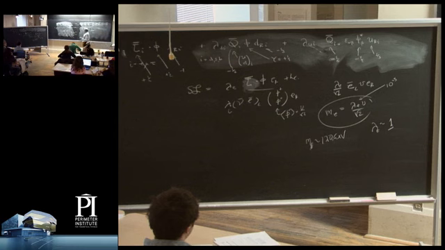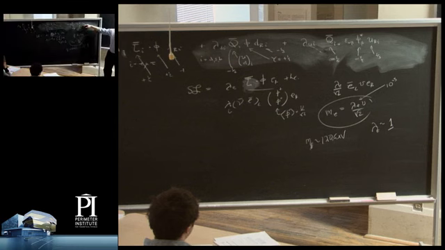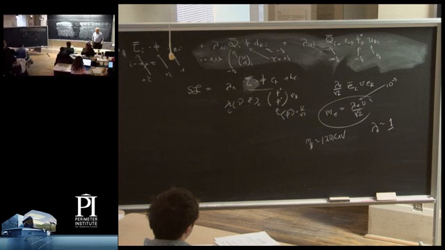Oh, maybe I should say one more thing. I've left out the term corresponding to this for the neutrinos because I didn't put any right-handed neutrinos into the standard model. If you put that term in, you might get masses for the neutrinos. The kind of coupling you would have to put in front of that is 10 to the minus 12. So let me just leave this aside. Let me leave the right-handed neutrinos out for the moment. That will have a very interesting consequence, as we'll see.